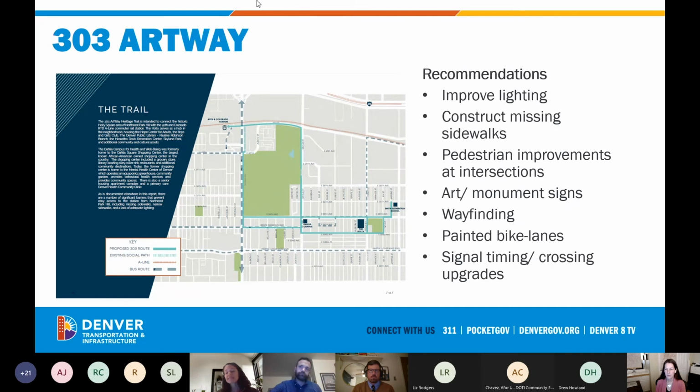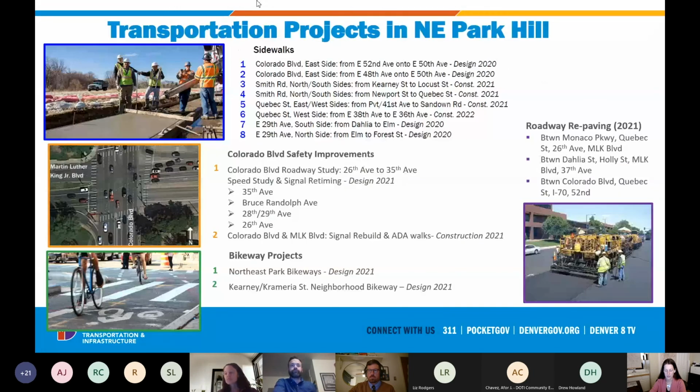It helps to understand that DOTI gets its work done using different funding sources and different programs. For instance, signals are a very costly but very important update. And because we have a limited signal funding bucket, we often have to prioritize that funding across the city and think about where the needs are greatest and where we have the most equity needs. So we use that signal budget for that. But similarly, we have other programs to help us accomplish other improvements in the right of way. And paving, moving to the next slide,